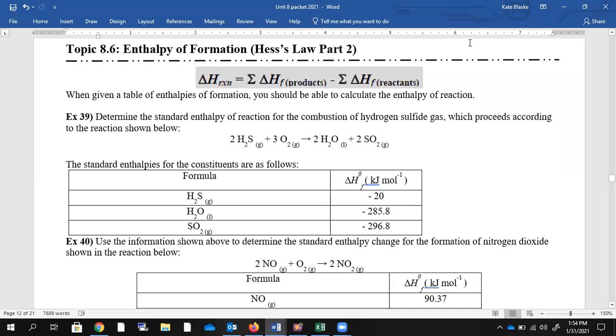So in 8.6, we're going to be thinking about the same ideas. We're going to be thinking about that delta H of the reaction, but we're going to be given different data. So instead of being given data for whole reactions and having to combine them, we're going to be given just the heats of formation of individual chemicals. So in order to find the overall heat of reaction or enthalpy of reaction, we're going to add up all of the heats of formation of all of the products